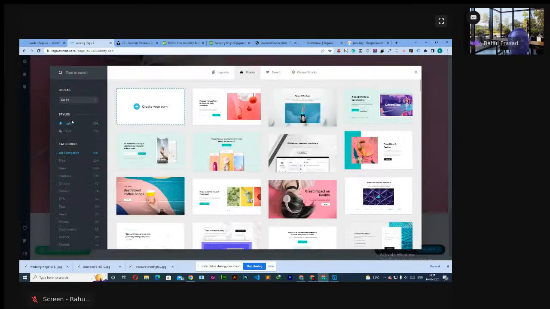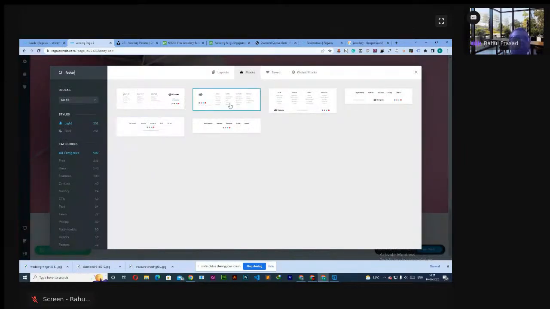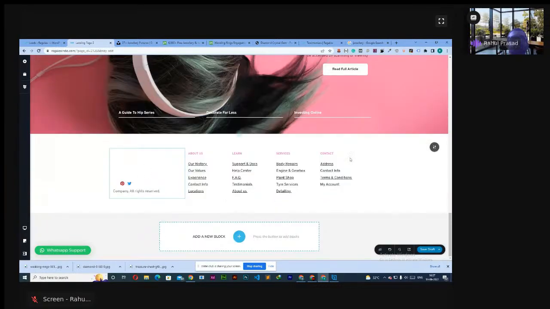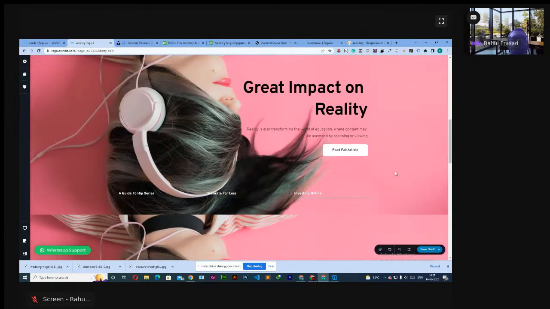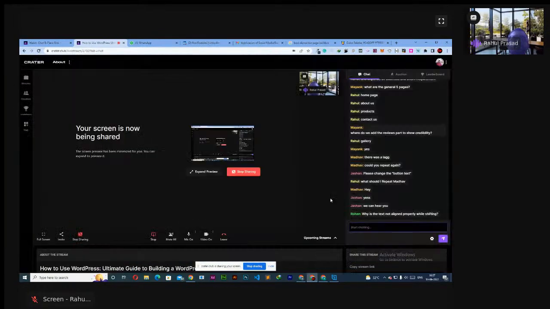Click here. You can type footer. So this is a footer template. Click on it. You have a footer for your website. So Breezy is as simple as that, guys. So I'm going to end the stream in 5 minutes. If you have any,